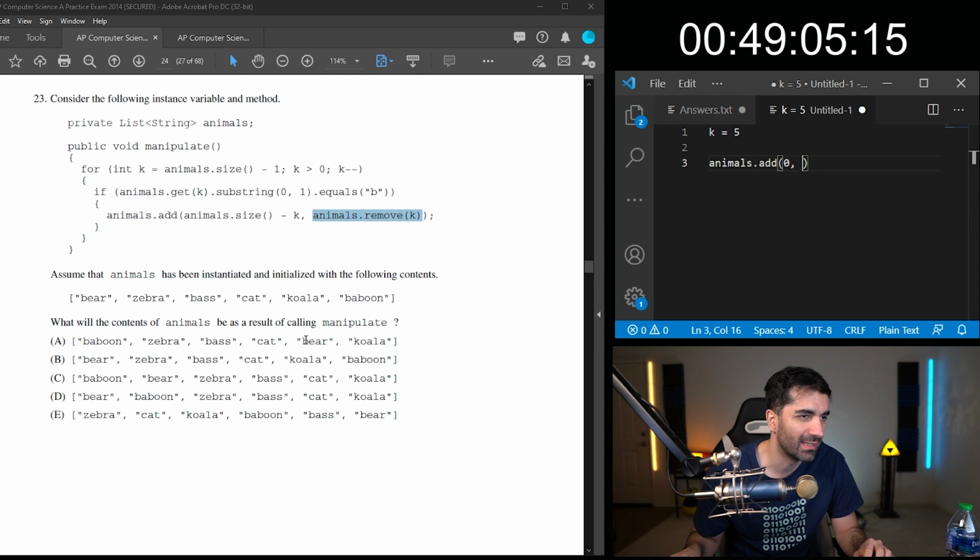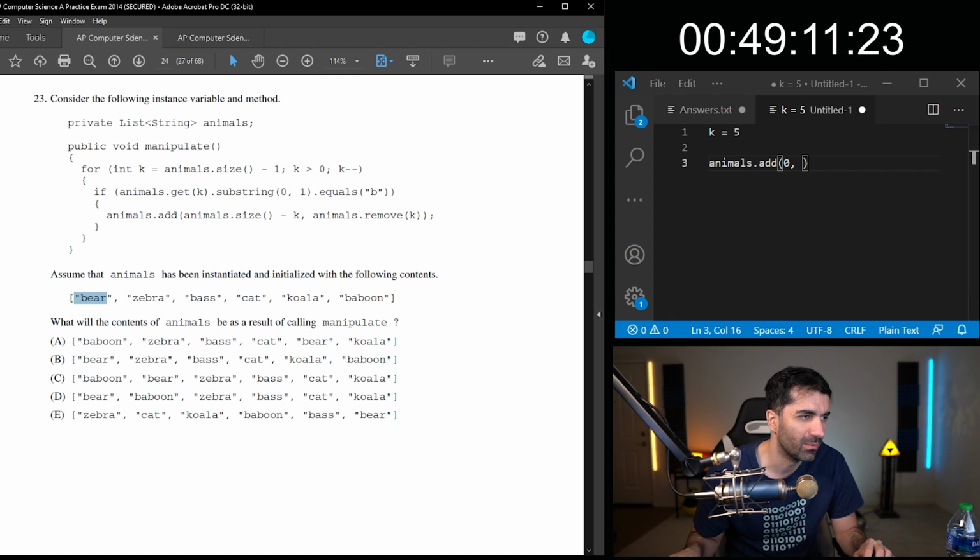And then I'm guessing it's gonna go to bear and add that somewhere. Probably at the front. So it might be this, it might be bear baboon. I might have to kind of make an educated guess on this one. Or it could be this one where it's adding it at the second value.